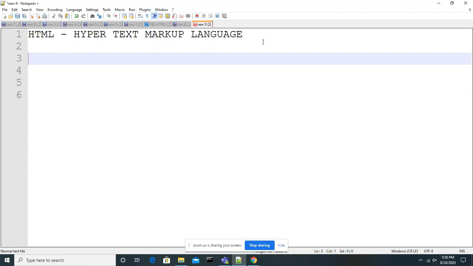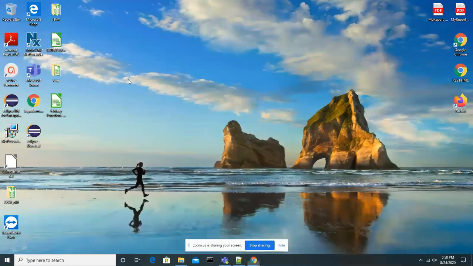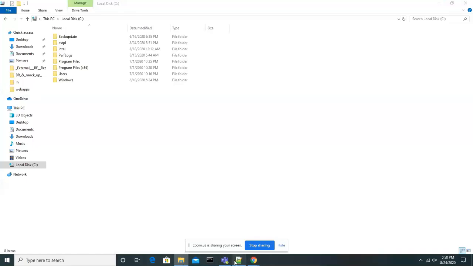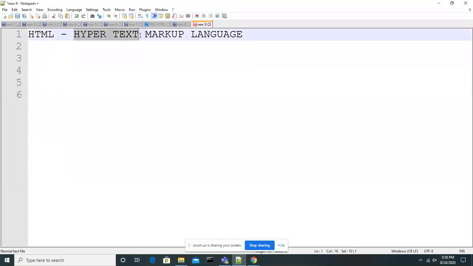Before that, what is the meaning of hypertext, guys? First of all, tell me. Do you know anything about the meaning of hypertext? What is the meaning of hyper? The meaning of hyper is huge, huge text.